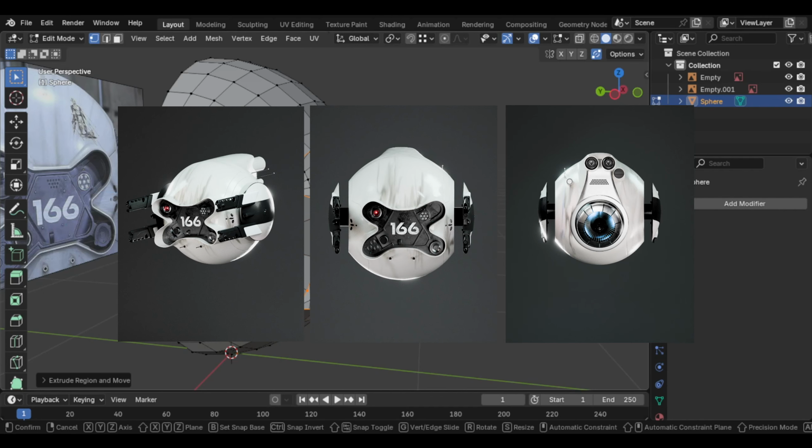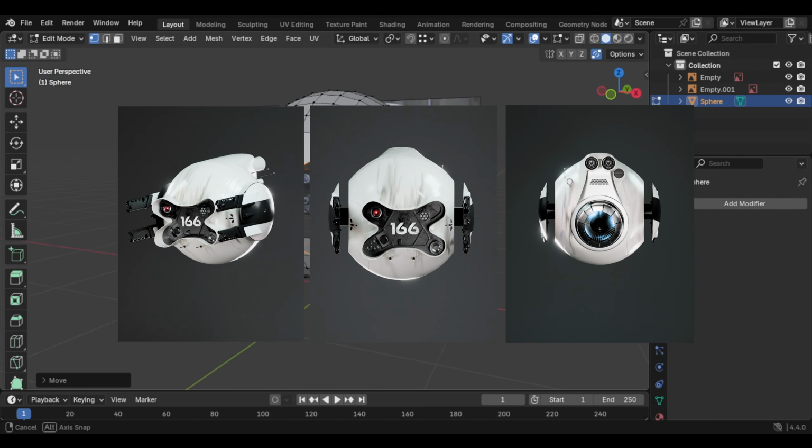Hey everyone, welcome to part 1 of my drone modeling tutorial series. In this first part we'll be creating the main body and the interface of the drone step by step in